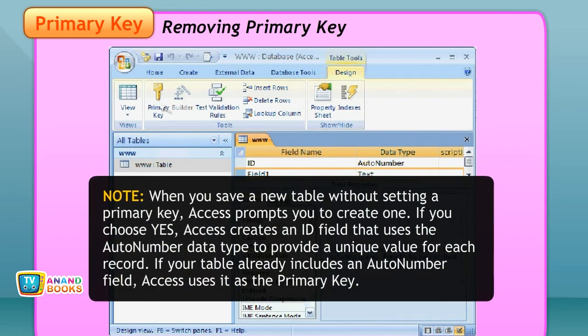Note: when you save a new table without setting a primary key, Access prompts you to create one. If you choose Yes, Access creates an ID field that uses the AutoNumber data type to provide a unique value for each record. If your table already includes